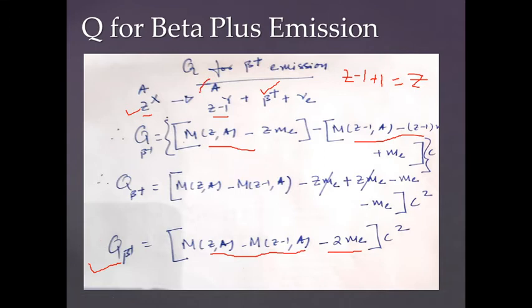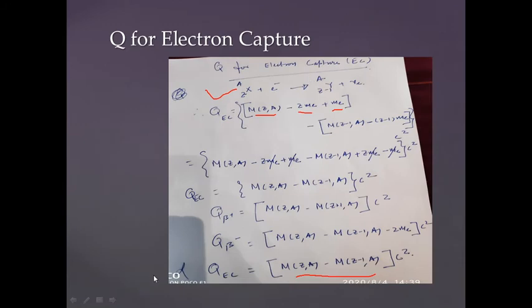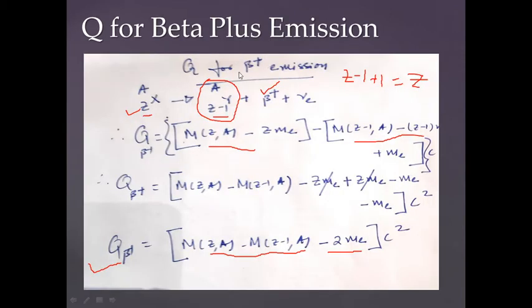Can you see this here? A, Z minus 1, Y, here is the daughter, and here also you can see that the daughter is the same. A, the atomic number Z minus 1, Y. The daughter is the same. So whether it goes via the electron capture route or whether it goes via the beta plus emission route, the daughter is the same. So the question is, which is the route followed by the nucleus?